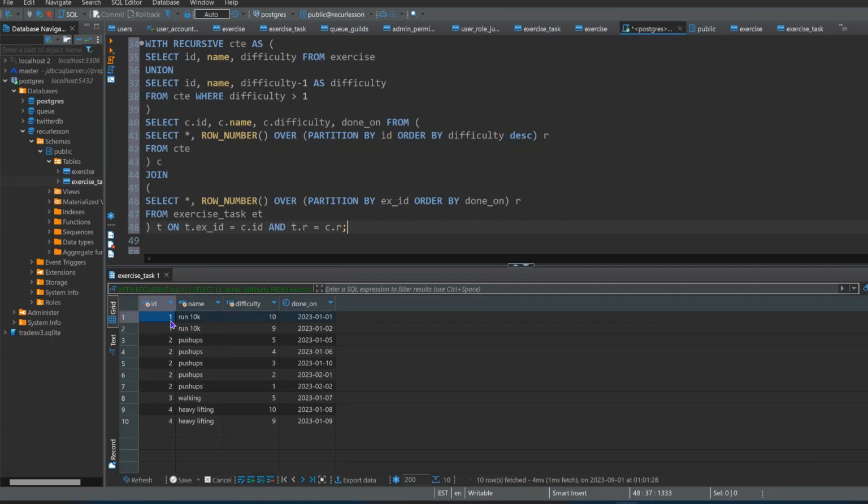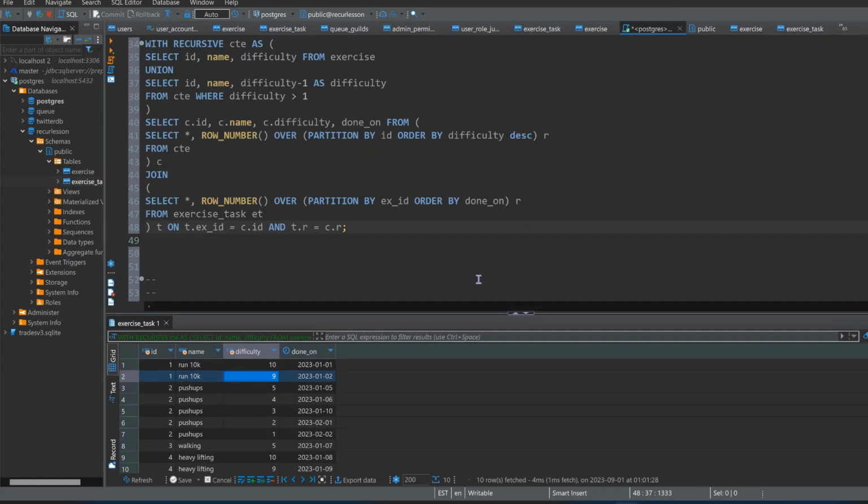So yeah, what we got here, this is correct, so we have run 10K. It goes from difficulty of 10 to 9. Push-ups goes from 5 down to 1. Walking, and then heavy lifting goes down from 10 to 9. So we can see that with each time we do the exercise, the difficulty gets less and less, which makes sense. So this is where we did a join, right? However, what we need to do is,